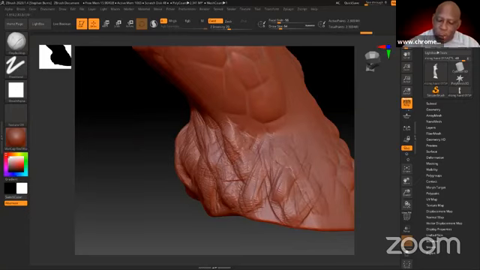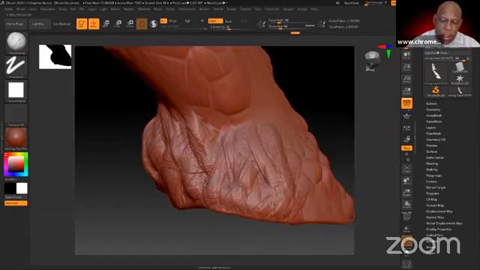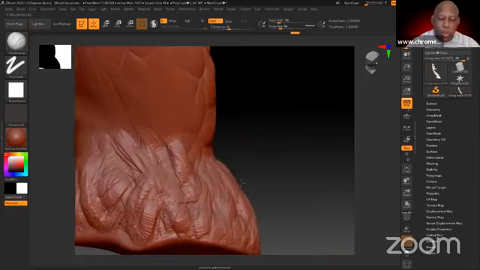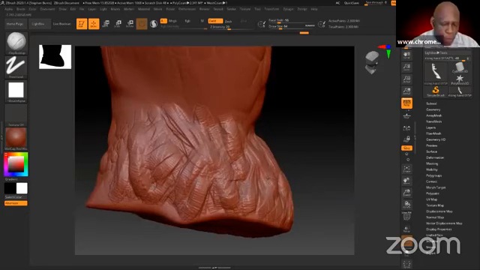Now, all this texture that I'm creating on here is going to help me with creating wrinkles and stuff like that. Well, let's say, for example, I want to actually smooth this out a little bit. I don't want it as wrinkly as I have it here. What if I want to smooth this out? Well, holding the shift key down on the keyboard changes my brush. You notice the brush kind of turned blue there.